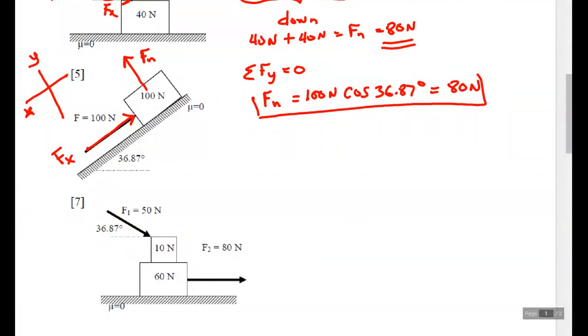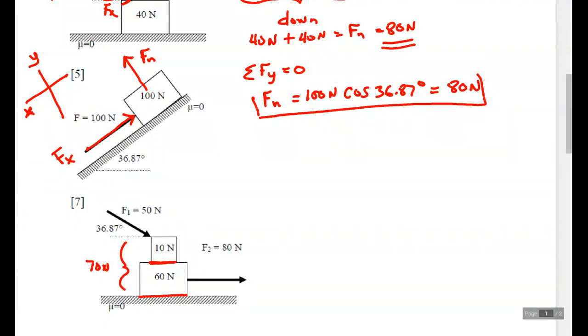And let's do what we always do to find the normal force. What we'll find is the floor's force on the bottom box. I won't do the normal, there's actually another normal force of the bottom box on the top. We could do that, but I'm not going to do it now. I just want to find the floor's force on these two boxes that we consider as just one box that's 70 newtons. Together they are 70 newtons, so they are pressing on the ground with a force of 70